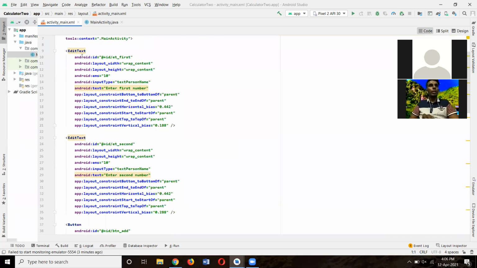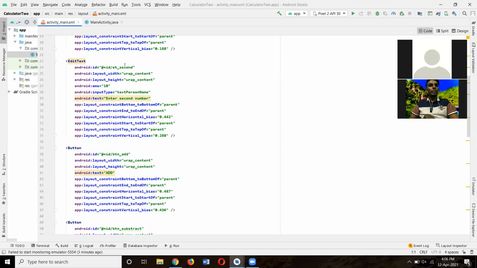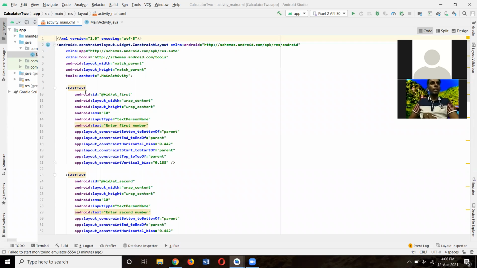Okay, for the edit text. For the first edit text, the ID is ET first, and the layout width is wrap content. Layout height is wrap content, EMS 10. Input type is text person name.